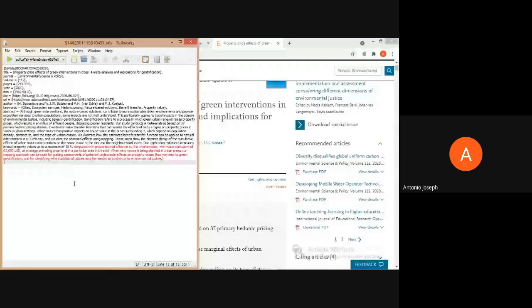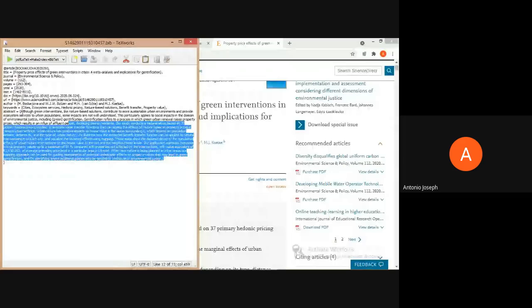So these are the details. Generally, the big files downloaded from ScienceDirect will also contain the abstract. We don't need this kind of thing, isn't it? So it's quite difficult for us when compared with Google Scholar, because it provides more information than what we actually require.